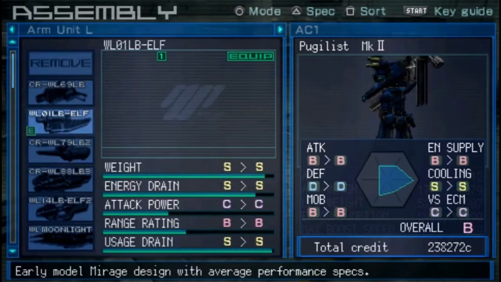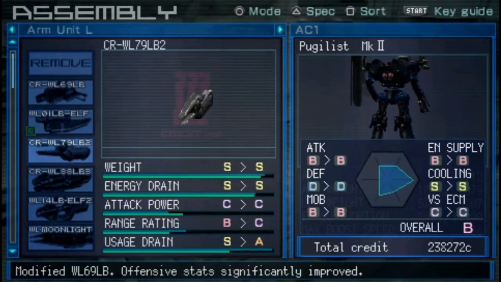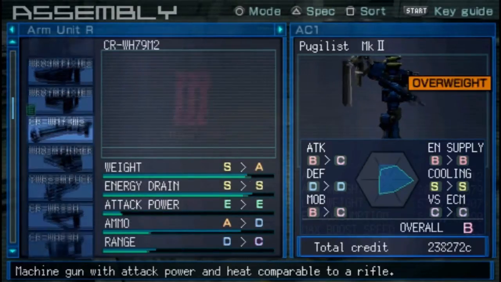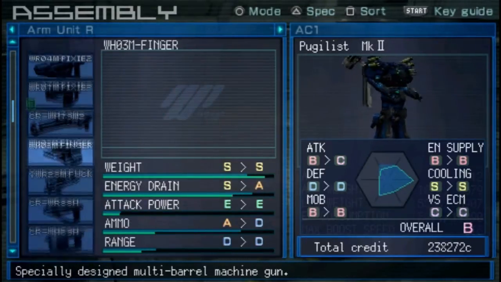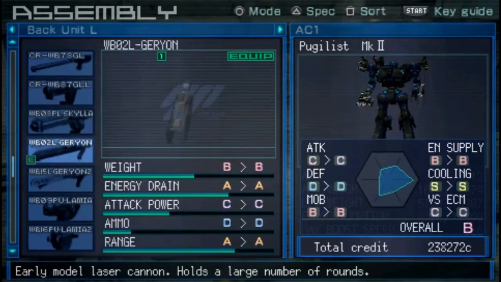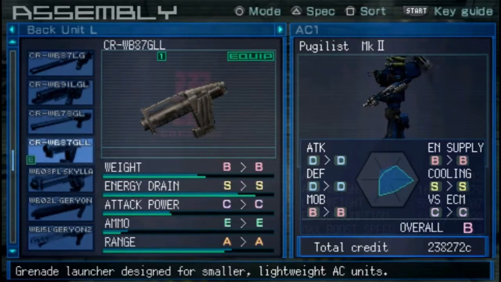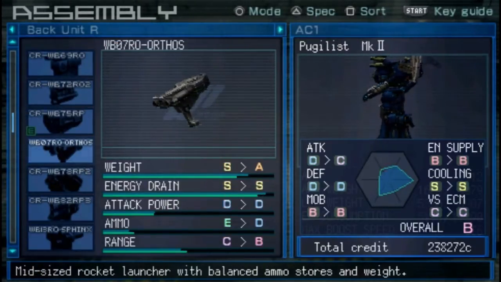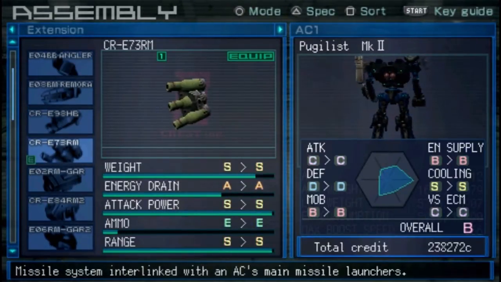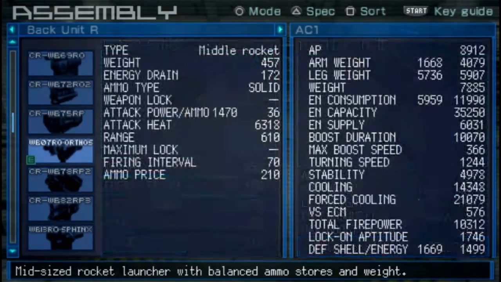So, let's just see if I can find a better gun. I really don't know how to play this game, to be honest, because it's really difficult to control. Alright, I'll just try a few different weapons. Grenade launcher. Rocket launcher. Assembly... What was... Yeah, triangle...